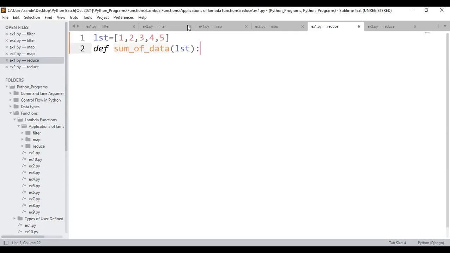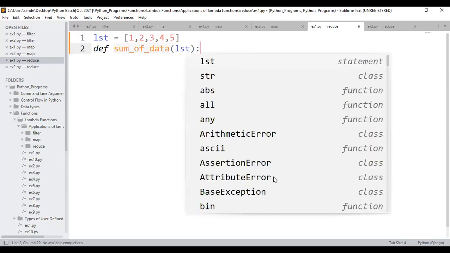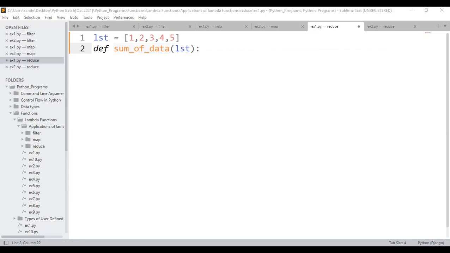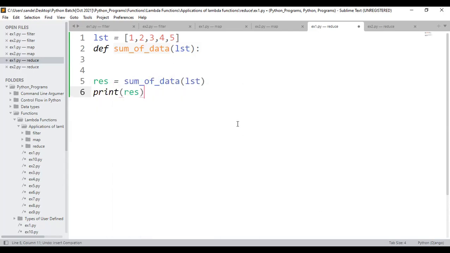I'm just taking the input, and I'm creating a function called sum of data. And now, observe, I'll be calling the function, and whatever the function returns, I'll print it on the console. That's it. Now are you able to understand lines 1, 2, 5 and 6? If you're able to understand those lines, I'll proceed.